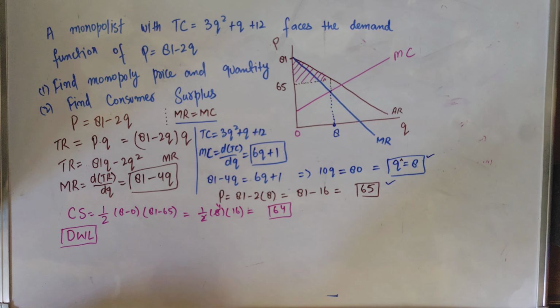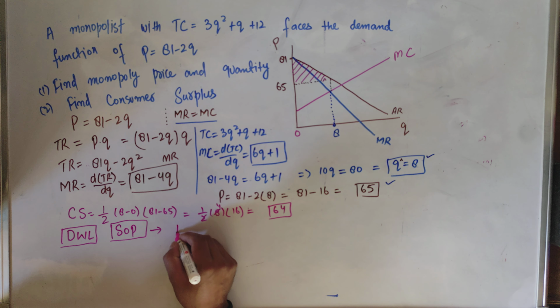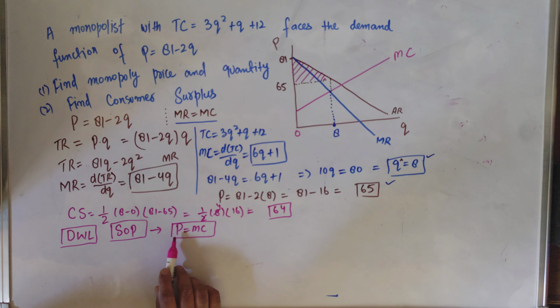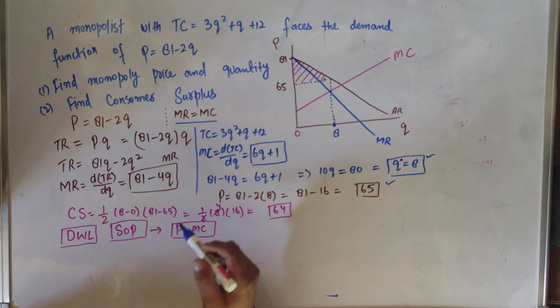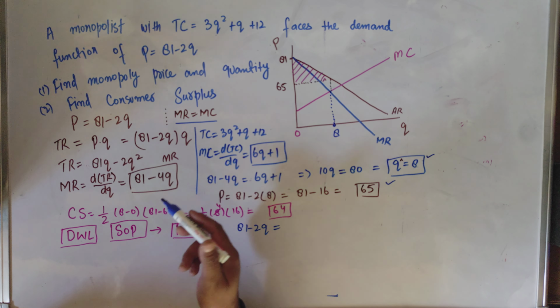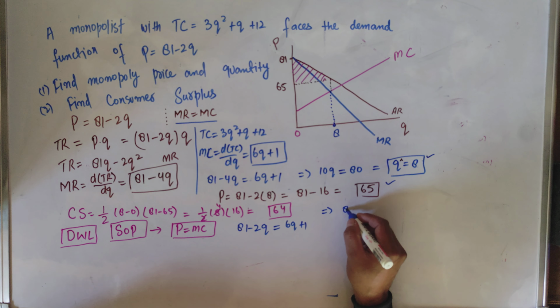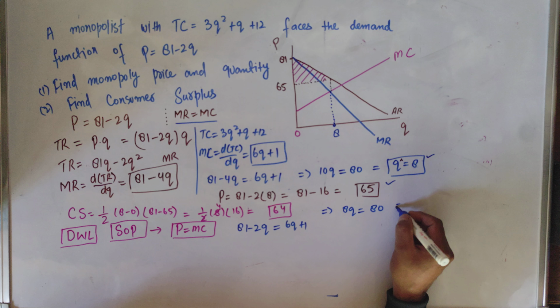What is the socially optimal point? The socially optimal point is a point where price is equal to marginal cost. When a firm produces at a point where price is equal to marginal cost, it gives us the socially optimal output and price. So we need to equate price with the marginal cost. The inverse demand function is 81 minus 2q. We equate it with the marginal cost, which we found earlier to be 6q plus 1. Solving for q, 8q is equal to 80, dividing both sides by 8, so q will be